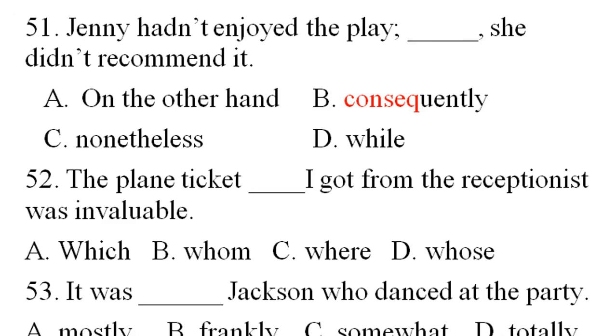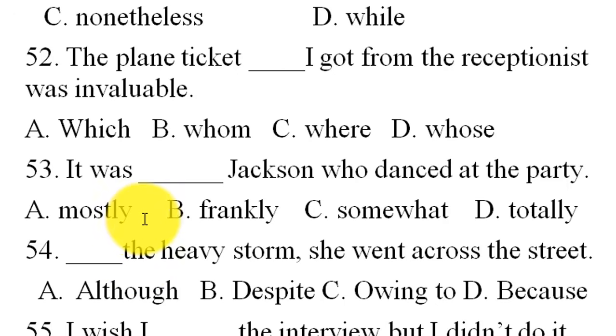The plane ticket I got from the receptionist was invaluable. This is a relative pronoun. The use of relative pronouns is a very common question ነው። መልሳችን ማን ብለን እንመልሳለን? Which, ብለን, because the subject here is the plane ticket. I'm talking about a piece of ticket, a thing, so which is an appropriate relative pronoun. The rest don't complete the question here. Whom is for a person, where for a place, whose for possession, but the question doesn't point to these three relative pronouns. You cannot use these three, but the best answer here is which ብለን complete እናደርጋለን ነው።